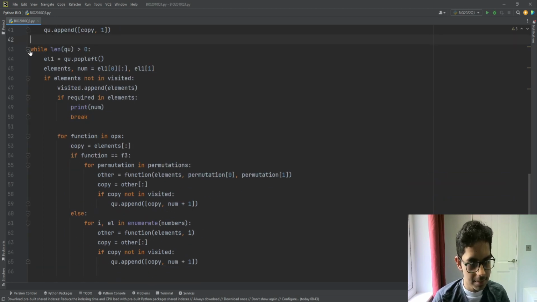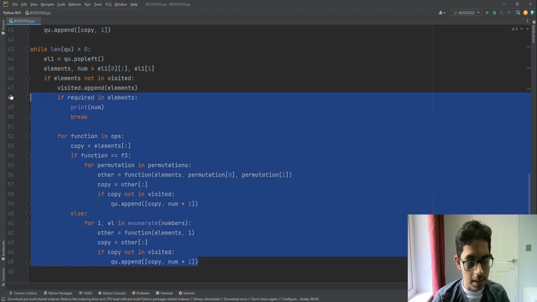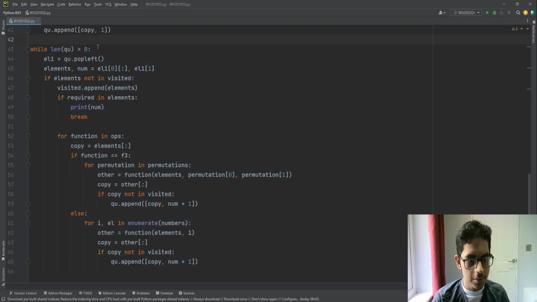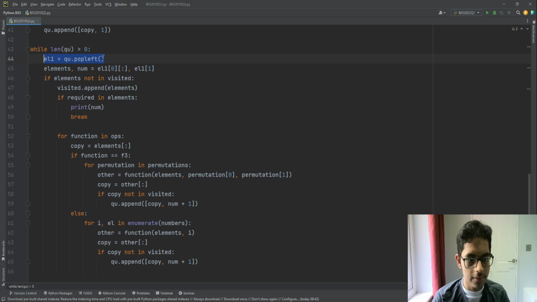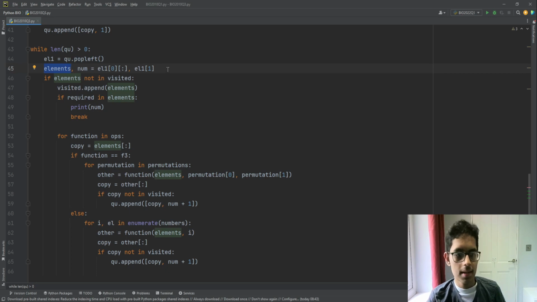Okay, and now this is the main part of the code. This is the BFS part of the code. So what we do is, while the length of the queue is greater than 0, i.e. while there are still elements left to be explored, and in this case elements are unique jug configurations, we pop the first element inside the queue from the left. And then after that we create elements being a tuple, and it's basically the elements